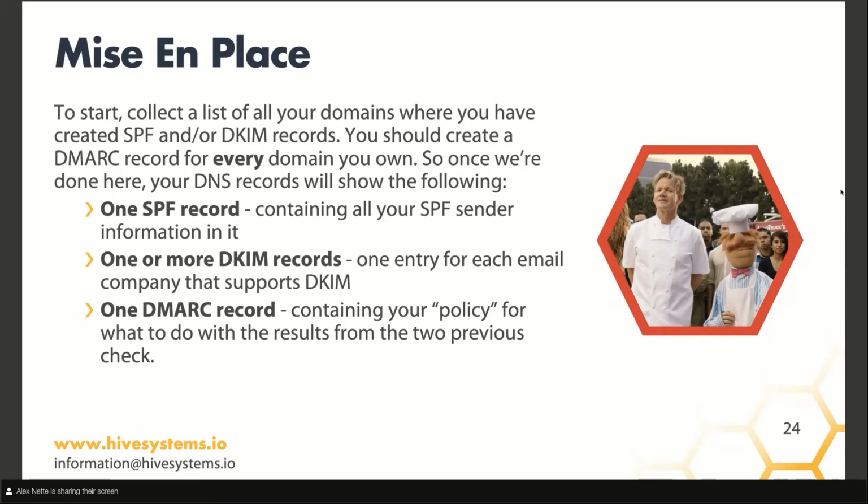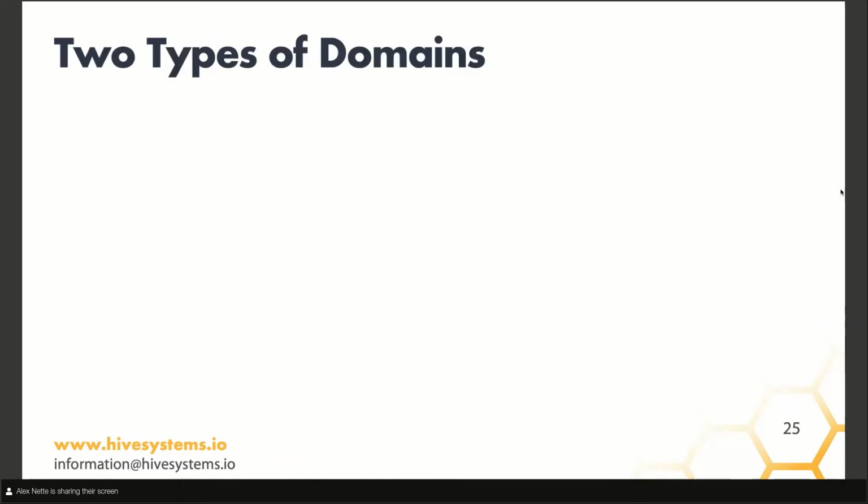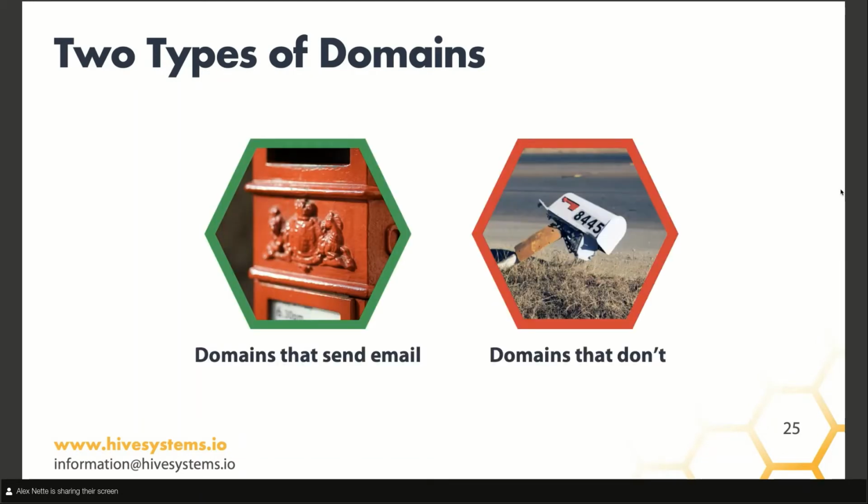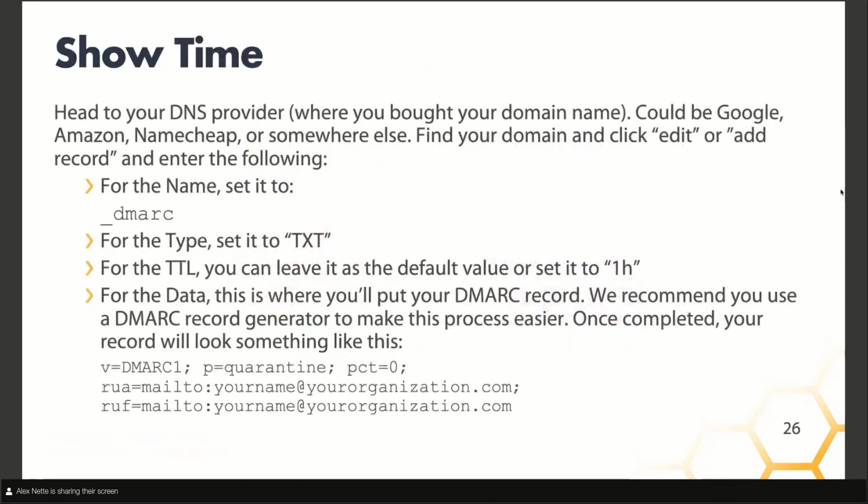And for every domain, you'll have one DMARC record, and that's going to contain your policy for what to do with the results from the 2 previous checks. As we talked about before, there are 2 types of domains: domains that send email and domains that don't. So, since you still have your DNS provider up and ready to go, and you're all logged in on that